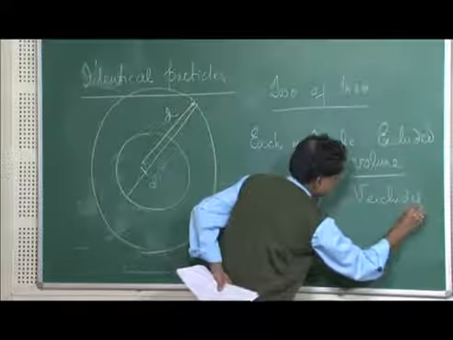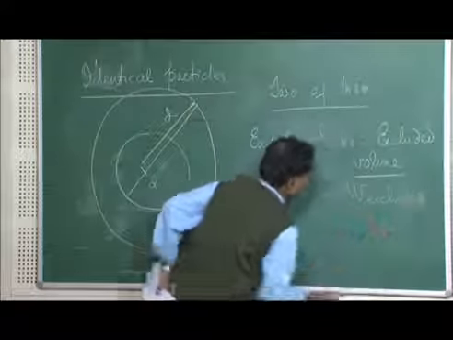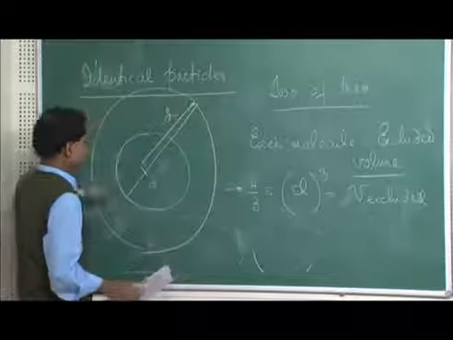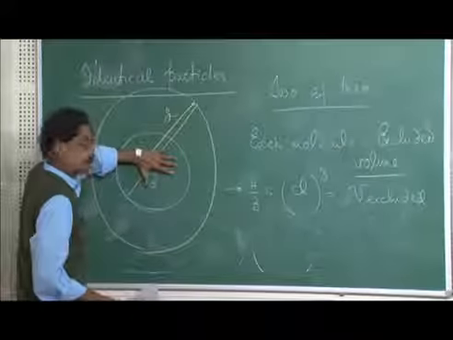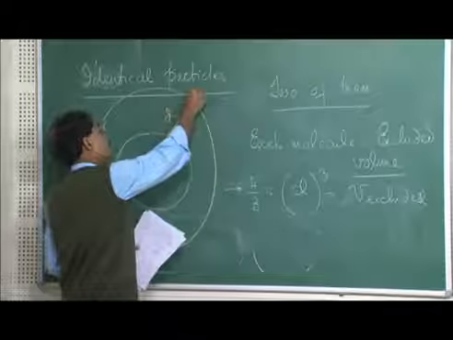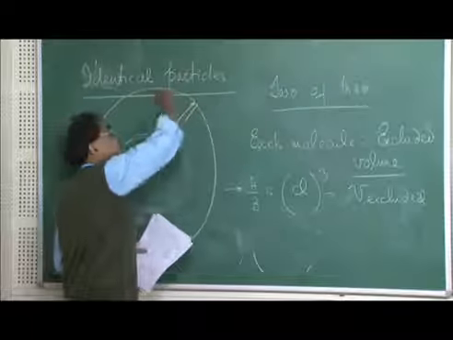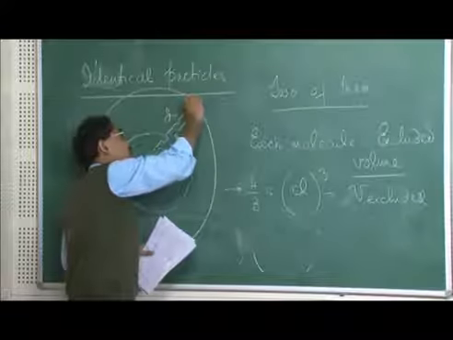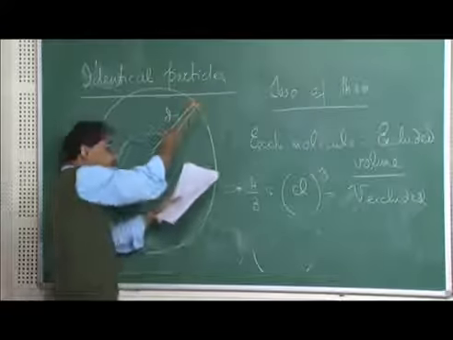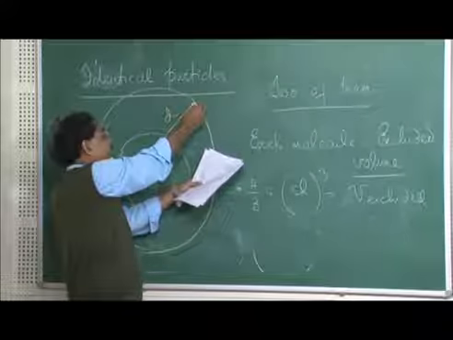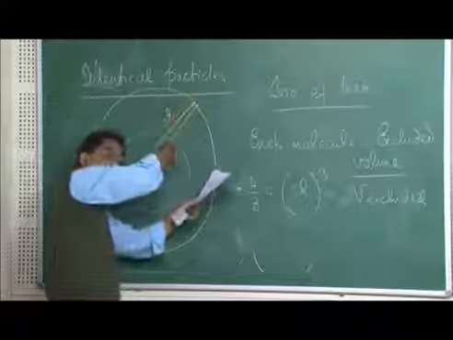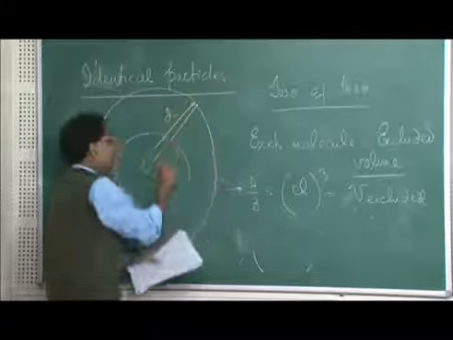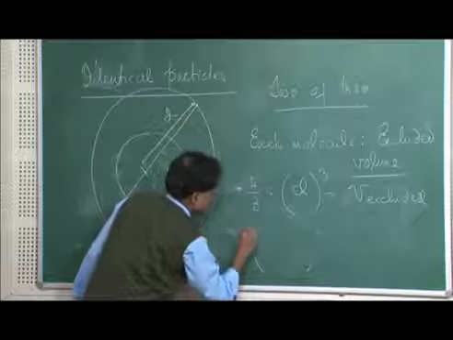I again repeat the argument, volume excluded. The center of any other molecule I consider can lie maximally here. It cannot come closer because in that case it will have to penetrate the first molecule. So, this is the volume excluded by this molecule I am considering. I can write it in the following form, which is like this: